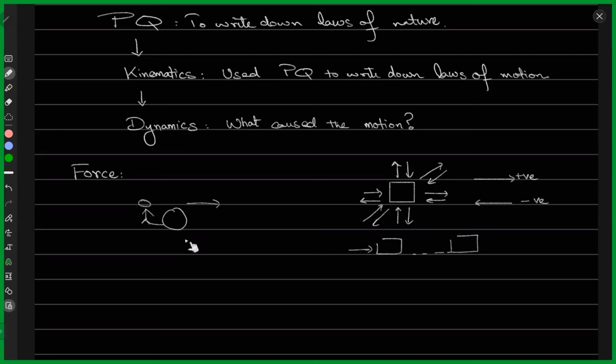That's what force does. So maybe something was already at rest, meaning it was not moving, and then you would apply some force to it. It would start moving, right? It would gain some velocity. So it has increased the speed of the object. The other thing could be that maybe something is already moving and you try to pull it back. So you're trying to reduce the speed, and so it's decelerating. Negative acceleration would be there. Motion of the body, right?